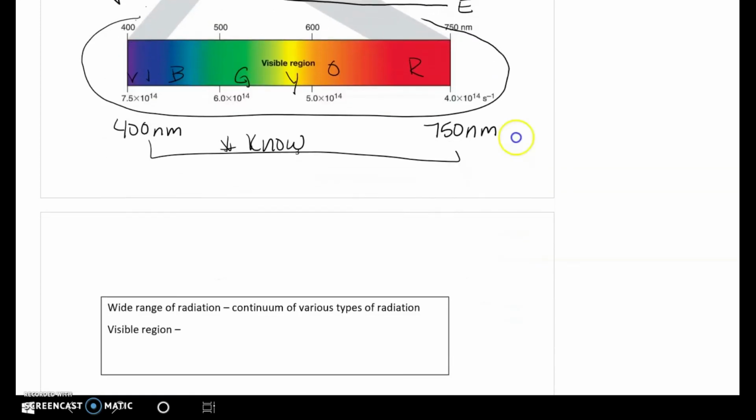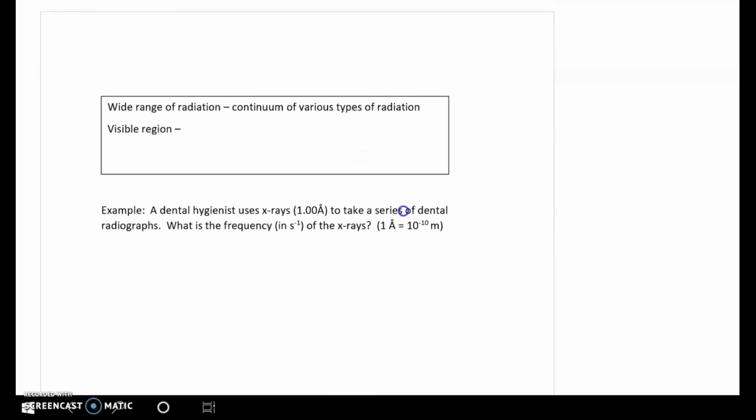Okay, so let's go ahead and let me finish writing in the visible region. Again, I've repeated it, but it's an extremely small part of the spectrum. So I want to do an